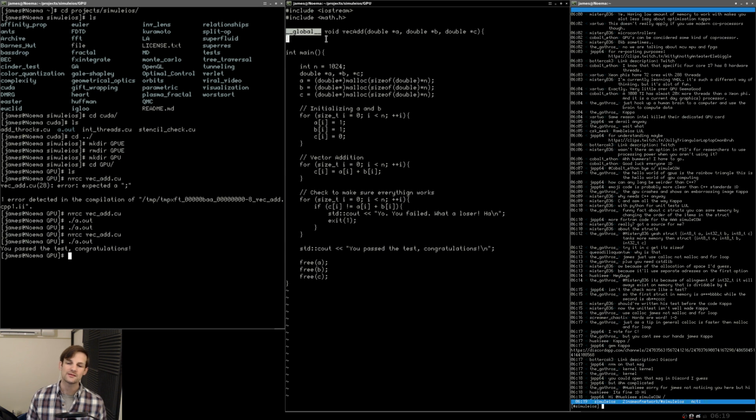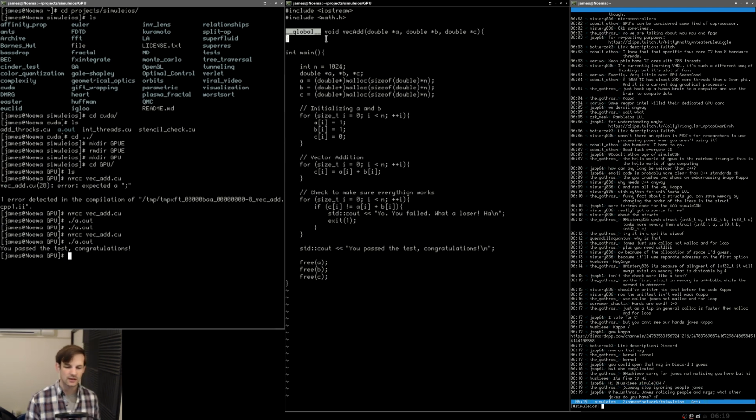Again, global means that it can be called from either the host, which is your CPU, or the device, which is your GPU. If you want something that can be called specifically on the device, you call it device. If you want something called specifically on the host, you call host. Now, here's the tricky part. Global is not the same as doing this. I could say that this function is callable both from the host and the device, but global isn't quite the same. There's a very small difference, and that is that for global kernels,